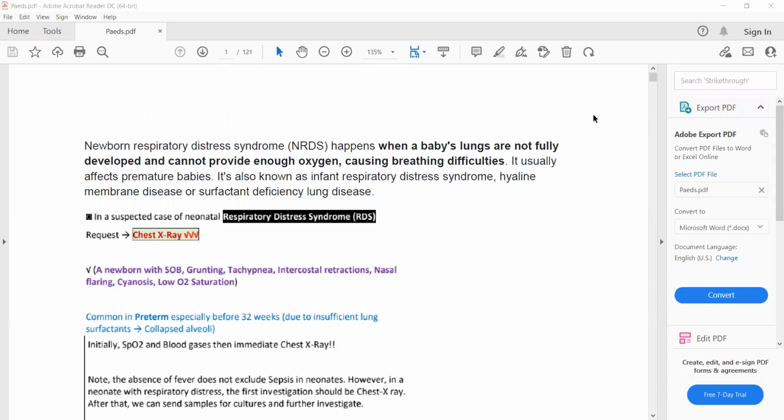Today we are going to start pediatrics, and the first topic that we are going to do in pediatrics is respiratory diseases, important respiratory diseases in pediatrics. The first of them is